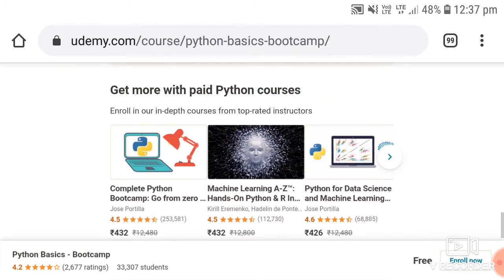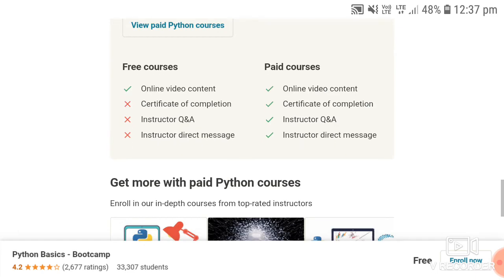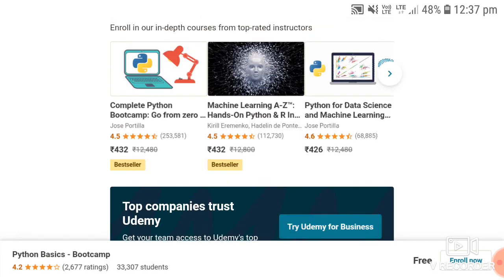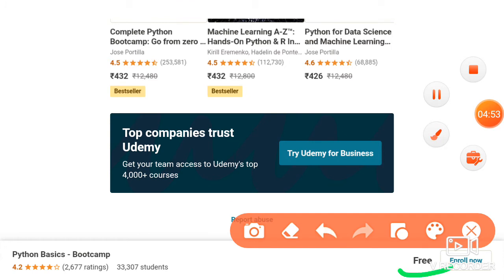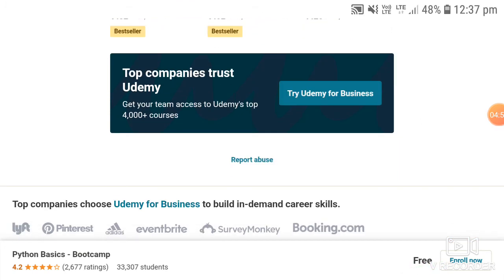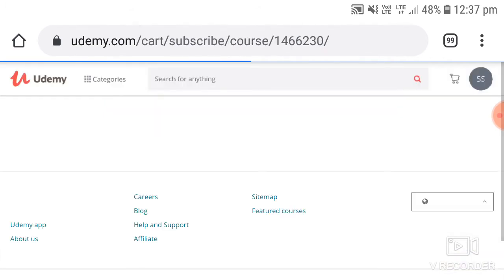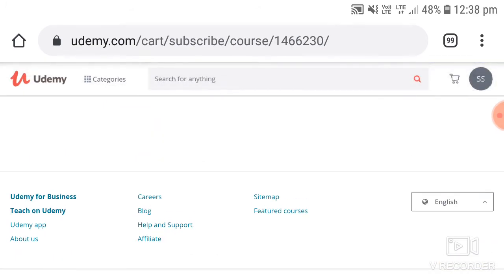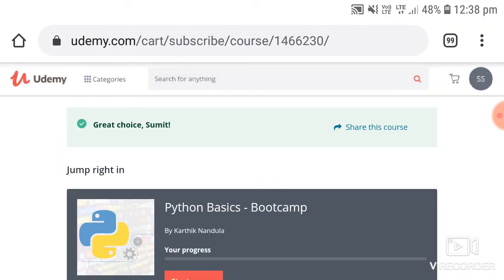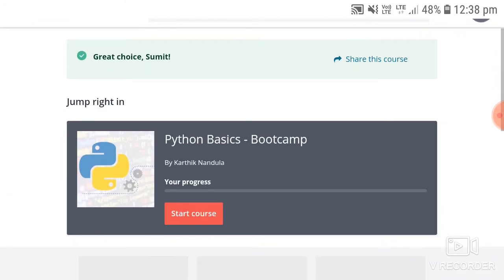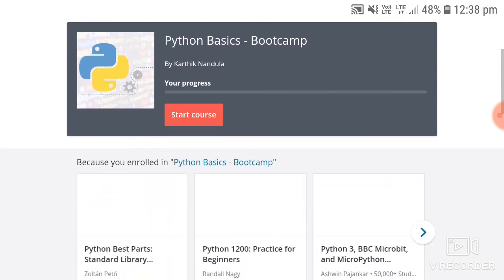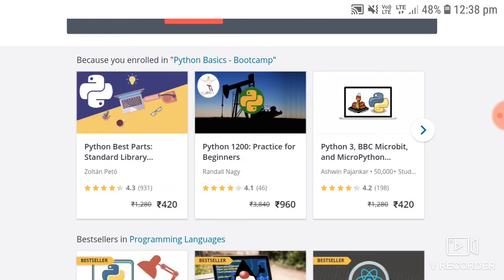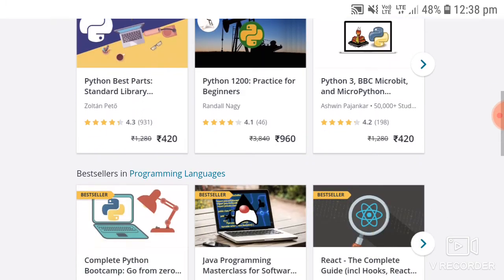Here you can see the courses costing 432 and 436. So let's enroll. Here you can see the free button. Just 1 minute. Now you can see the free button. So let's enroll now. Click on the enroll button. Then you will see this type of interface. Okay, great choice, Sumit. Actually, this is my name. So your progress, start course, and because you are enrolled in Python Basics Bootcamp,